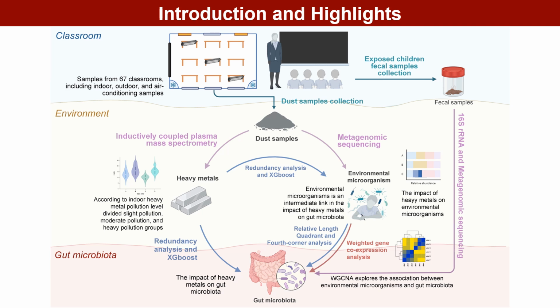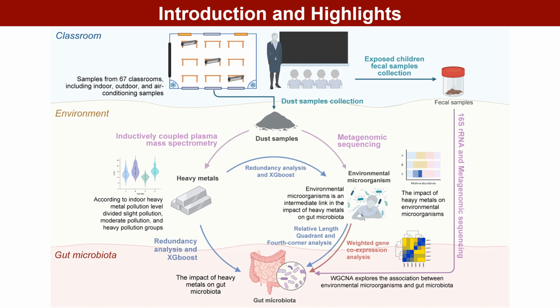We found heavy metal pollution existed in classroom environment, and lead and copper significantly impacted environmental microorganisms' community structure. Although non-significant associations were observed between heavy metals and gut microbiota, fourth corner analysis demonstrated the associations were significantly mediated by environmental microorganisms. Both heavy metals and microorganisms in the environment can disrupt the microbial community structure in the intestines